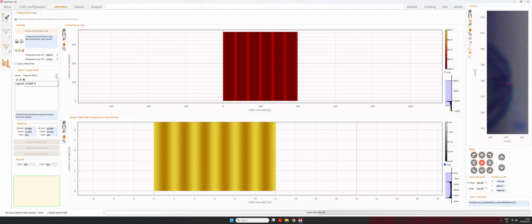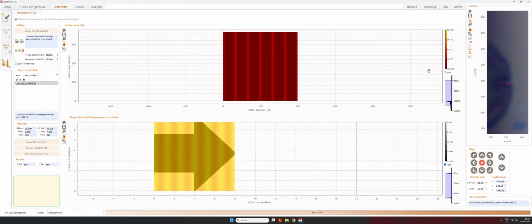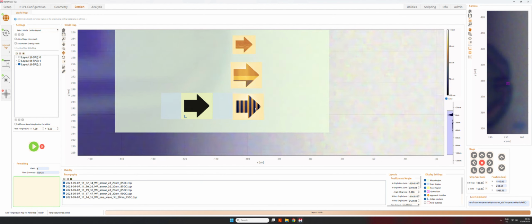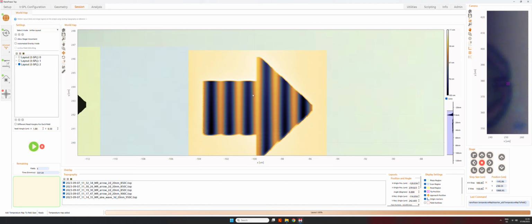Okay, and we select layout 2. So we increased the temperature. By increasing the temperature, we have a larger thermal bending, and we're replacing this field. By using a much higher temperature, we expect that if we write the same field, we will write, yes, similarly an arrow, but with much deeper patterning depth.